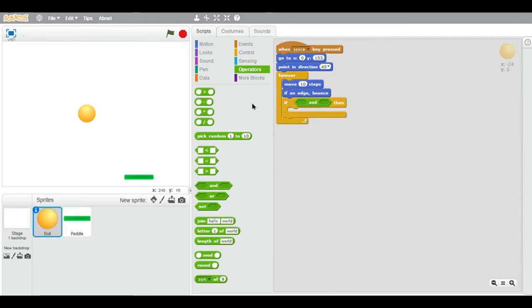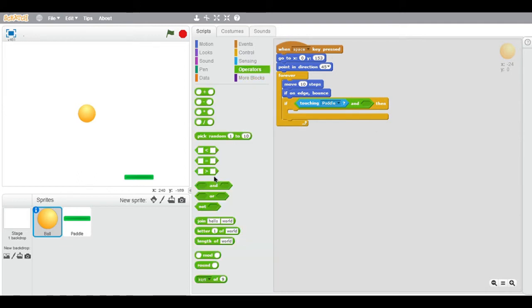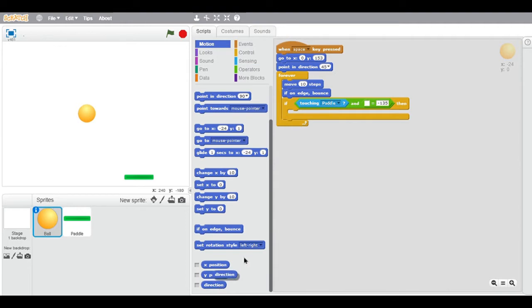And if it's touching the paddle, and its direction is equal to minus 135, just take the direction from the motion category blocks. Then it should point into the